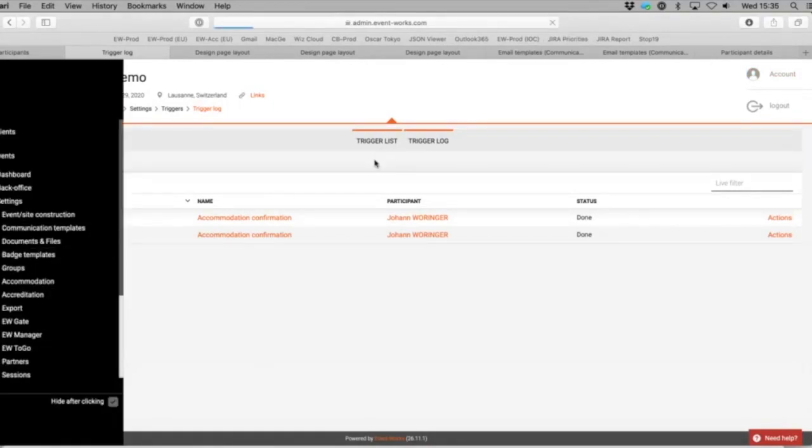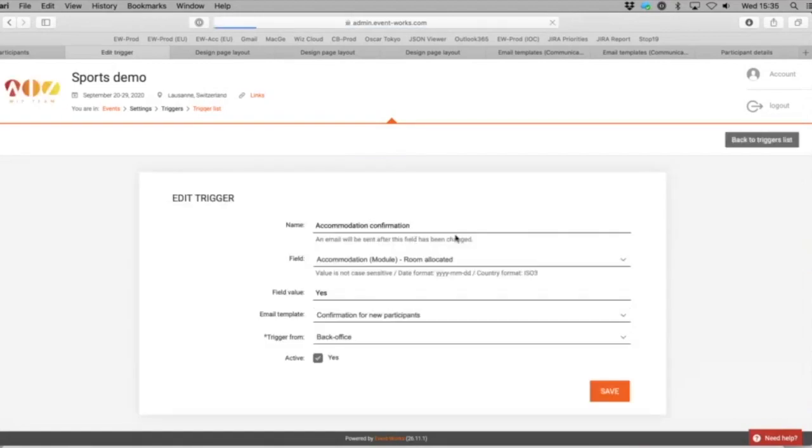So basically, that's what we call the triggers. The trigger that we have at the moment, the only operation we have is the possibility to send an email based on a field. What we are going to add here is the possibility to set a field based on another field, meaning that